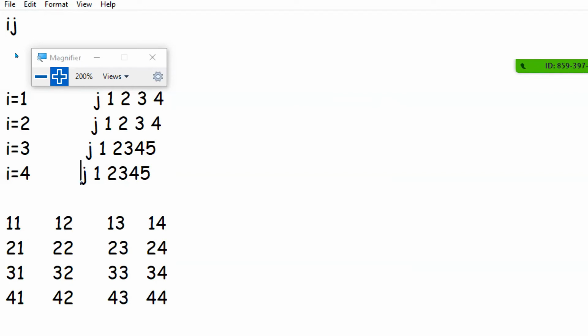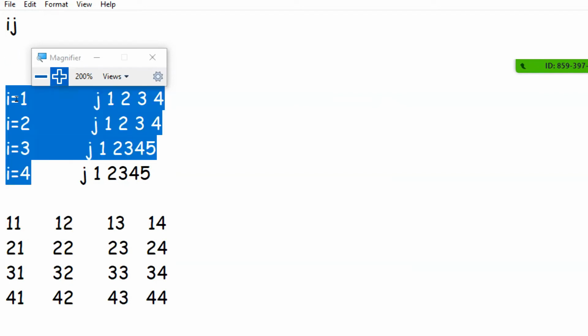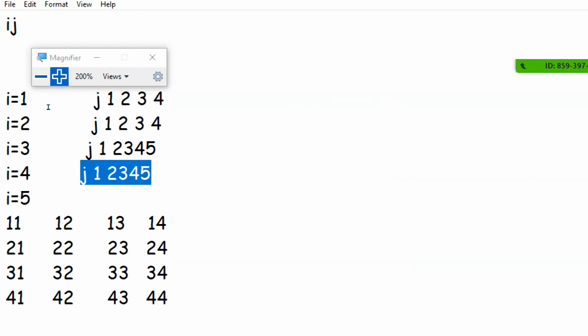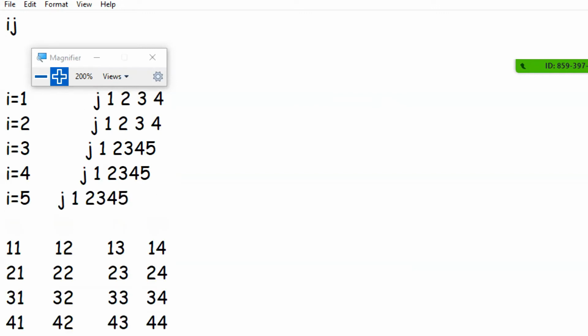we could think that I is an outer loop and inside, j is something that is in a loop and it is repeating 4 times. So if I have one more I, automatically it will repeat because this is the inner loop. So in a programming language we have loops, and loops is something that repeats for a number of times